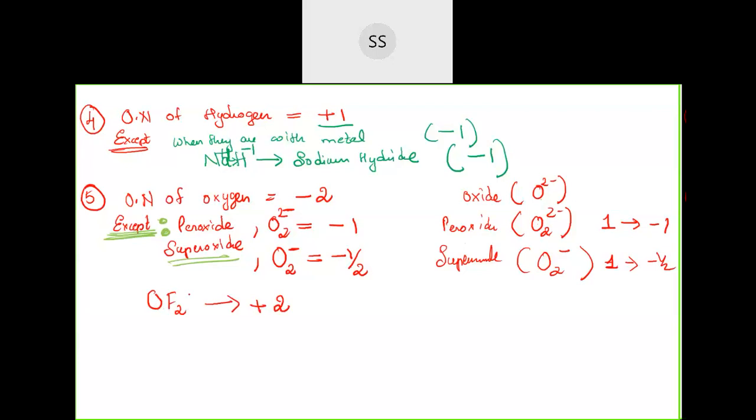It's like that. When two elements are there, the one that is a little more dominant will get all the share, and it carries a minus charge. The little recessive one will carry a positive charge. Oxygen is dominating, we know, but fluorine is more dominating. So fluorine will take all the electrons. Fluorine gets a minus charge and oxygen gets a plus charge. So in OF2, oxygen is plus 2.